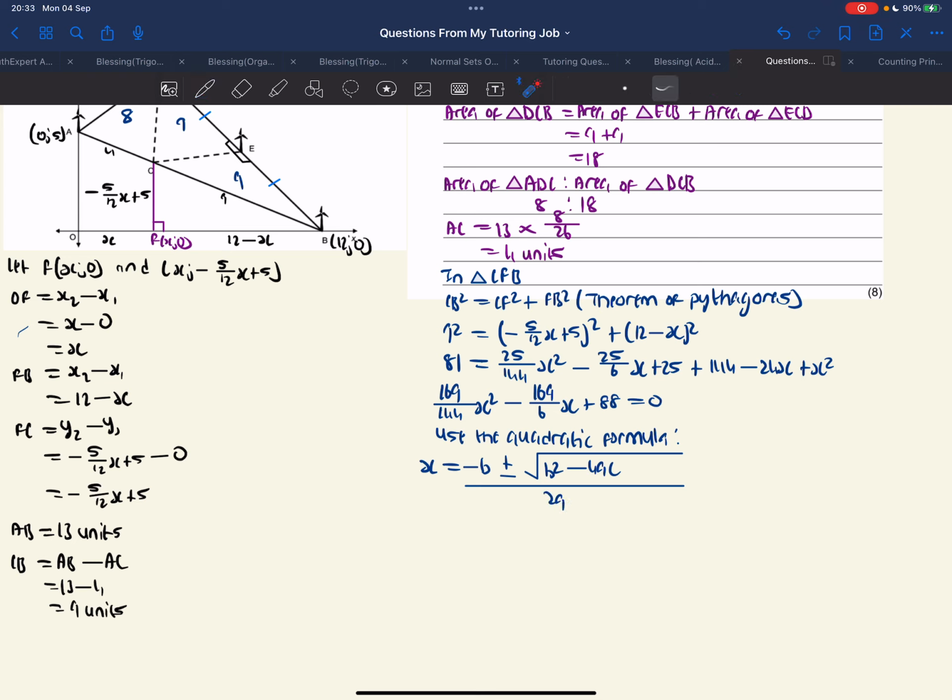Now a is going to be that, and then b is going to be that, and then c is going to be that. Right, so we're going to say equals, then minus 169 over 6 plus or minus square root